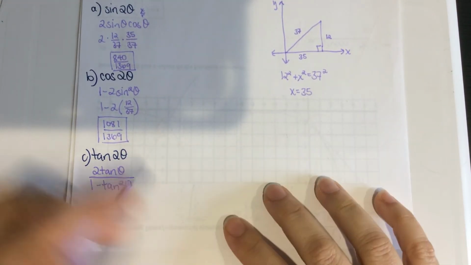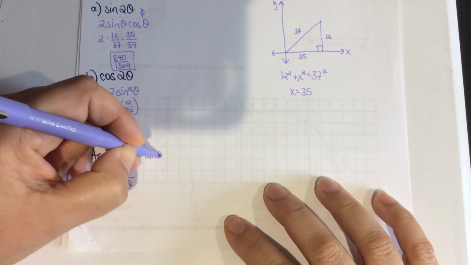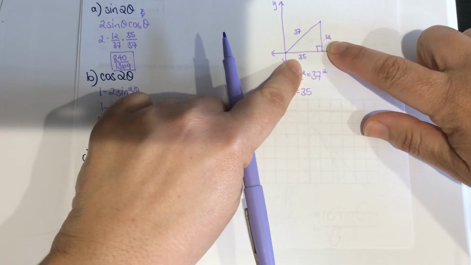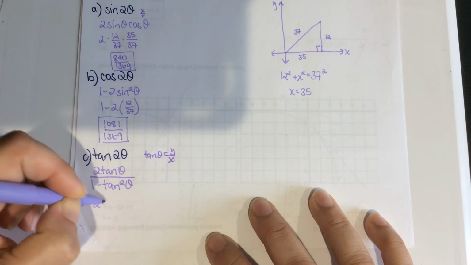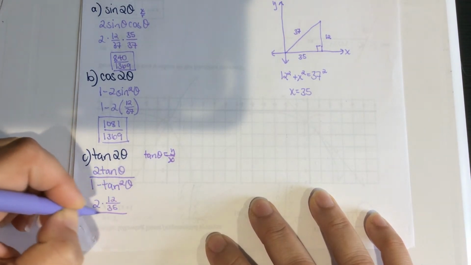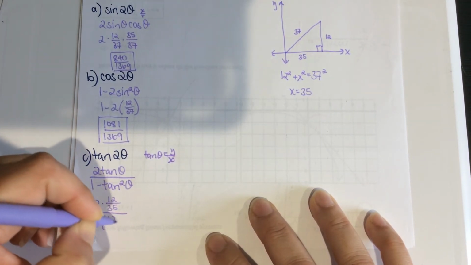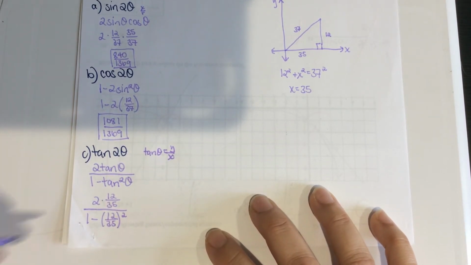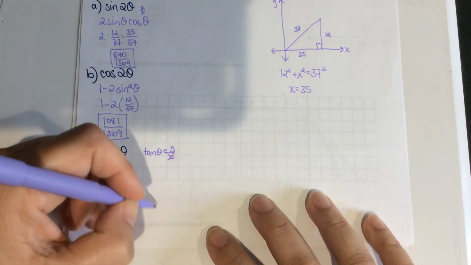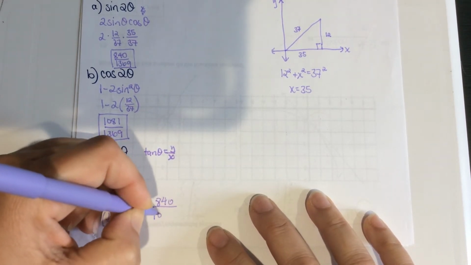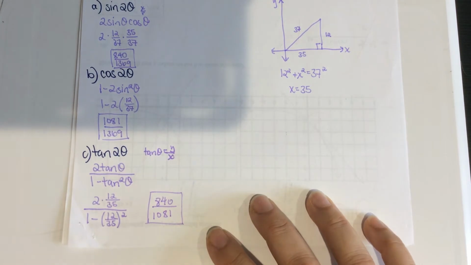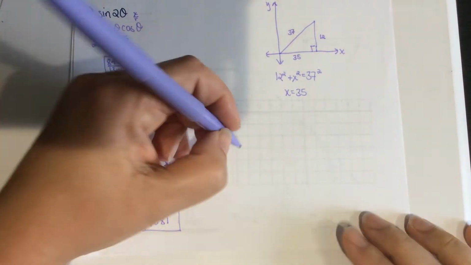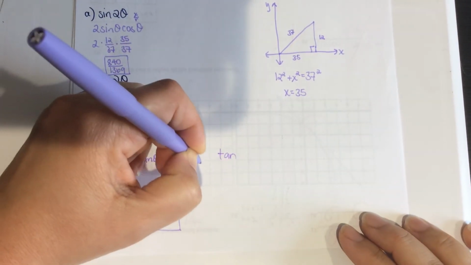So looking at this picture, I know tangent is y over x, so y over x, 12 over 35. So I'm going to have 2 times 12 over 35 over 1 minus 12 over 35 squared. And again, I'm going to use a calculator to simplify this and get that. Okay. Since we already know sine and cosine, we could